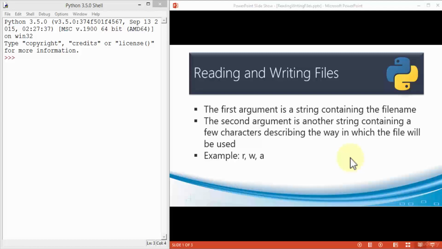The second argument is another string that contains a few characters describing the way in which the file will be used. So for example, it could be read, which is R, W for write, or A for append. It depends on your own instruction to Python what you want Python to do with this file. In essence, we are telling Python to go into a certain directory within our computer, locate the file, and then either open it,